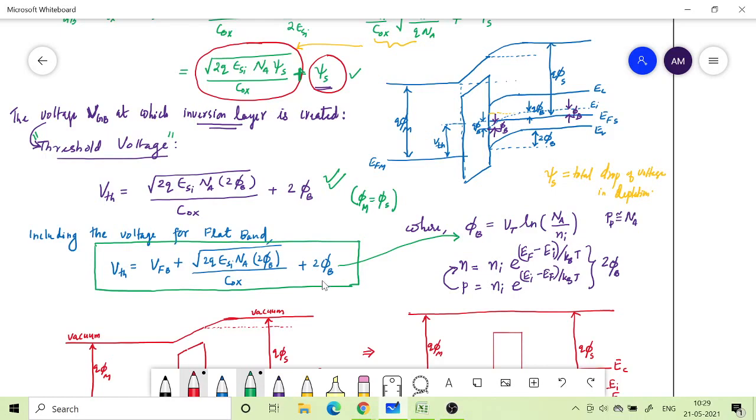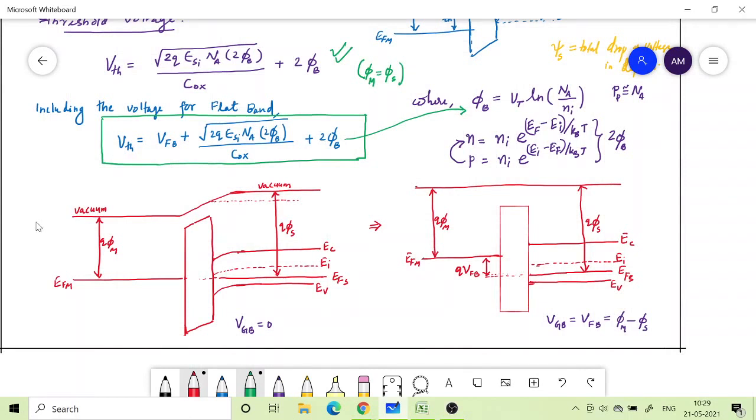So in order to consider that particular case where our work functions are different, let us consider this energy band diagram, which I have earlier drawn also, where my phi m is basically less than phi s. So you see this is my phi m, this much, but phi s is bigger, right? From EFS to the vacuum I have bigger, and because it is bigger and the Fermi level has to be at the same level, the only way in which it can be satisfied is all other bands have to bend. So there is going to be a band bending and there is going to be voltage drop.